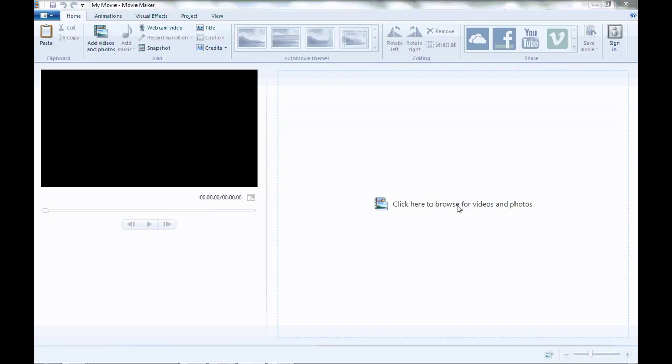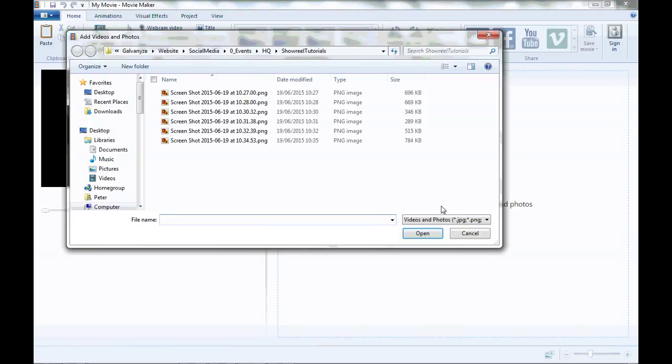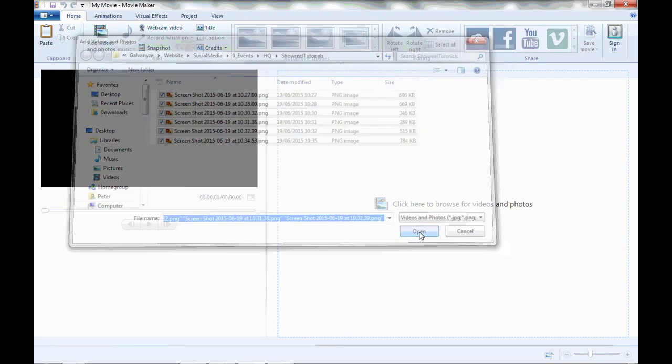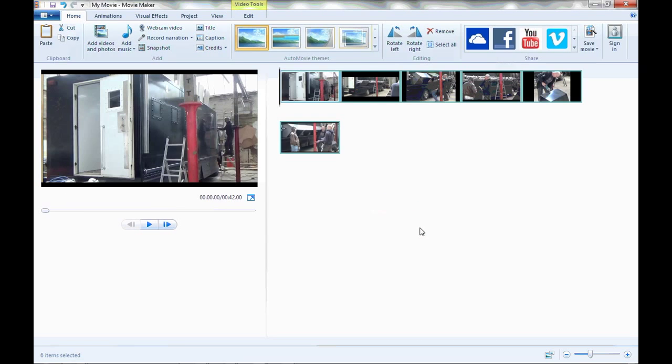Now, to bring your images in, we just need to click here. I've got a selection that I'm going to use. I left click on the top one. Whilst holding shift, I'm going to click the bottom one, and we can just bring them all into Movie Maker